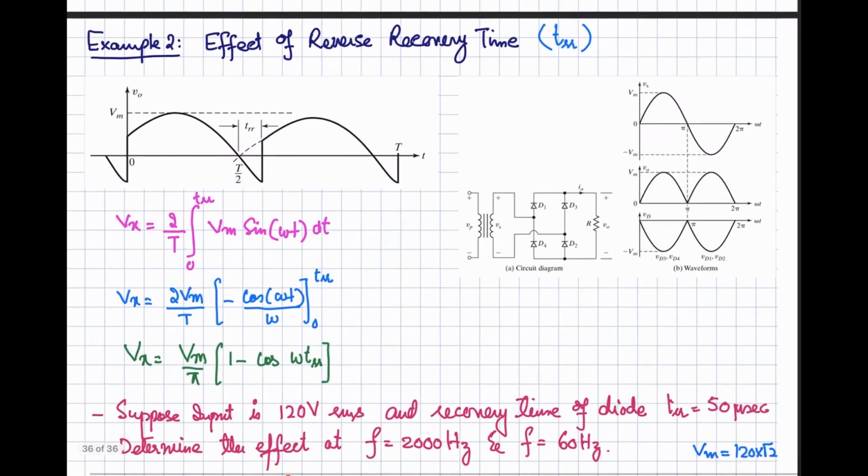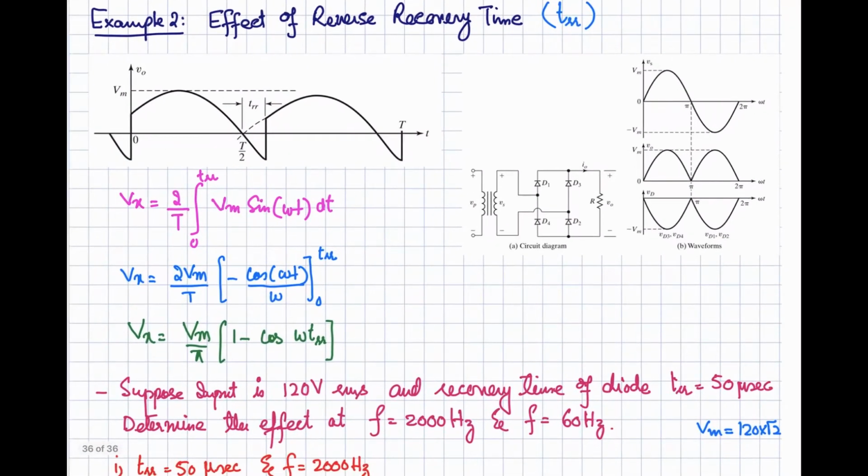Okay, now let's look at the effect of the reverse recovery time of the diode. We have already discussed the operation of the full wave rectifier, as shown over here. If you have a single phase bridge circuit with a resistive load and apply a sinusoidal voltage, you will get the full wave rectified output. If we assume that the diode is immediately turned off right at the zero crossing of the voltage, when the anode voltage becomes negative with respect to the cathode, then the output voltage will be like this, and there will be no loss of the voltage.